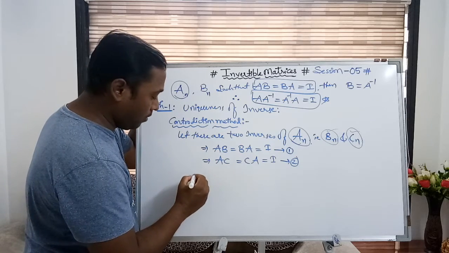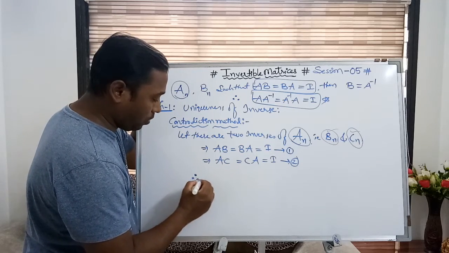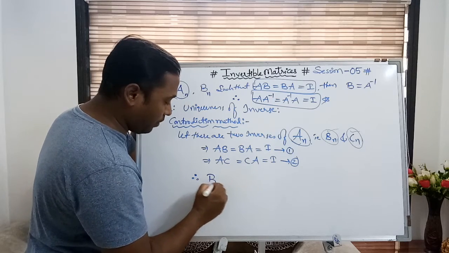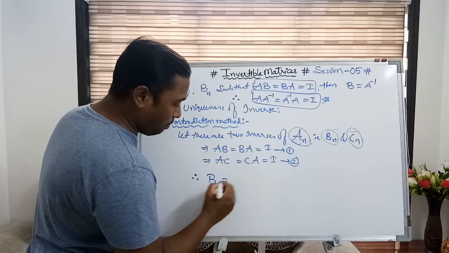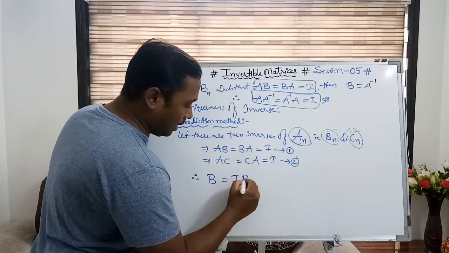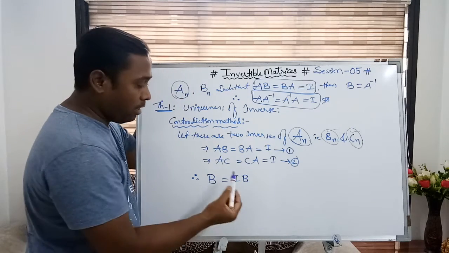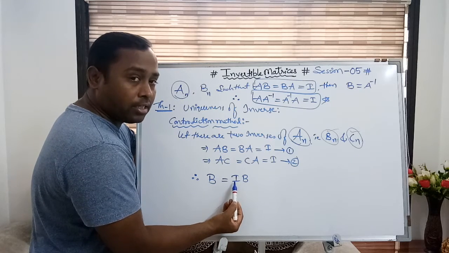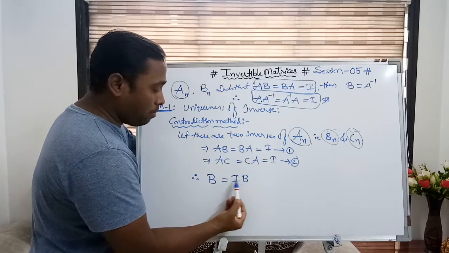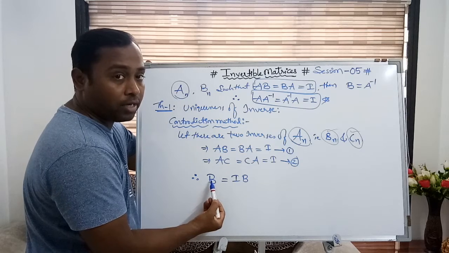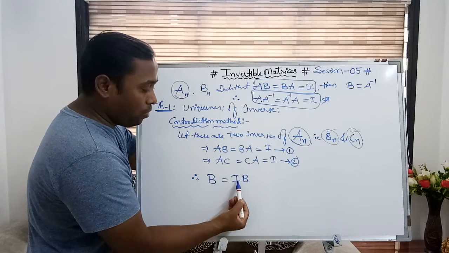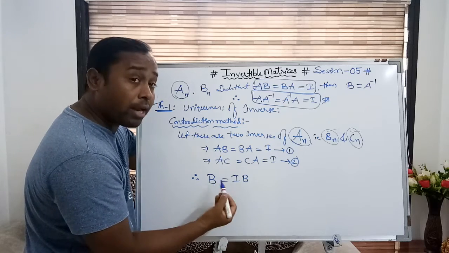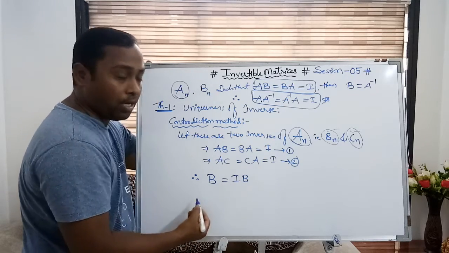Now I am taking the fundamental concept of matrices. Let us say I am starting with B, and we know that B can be written as I into B. If you multiply a square matrix with an identity matrix of the same order, you get the matrix itself. So B into I or I into B always gives B only, so the B matrix can be written as I into B.